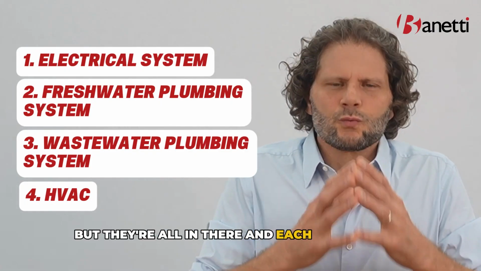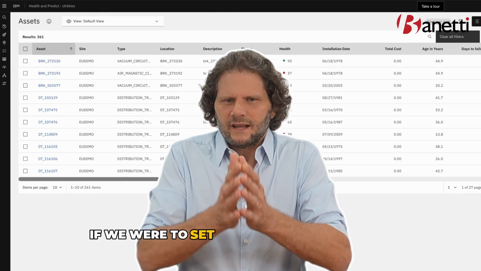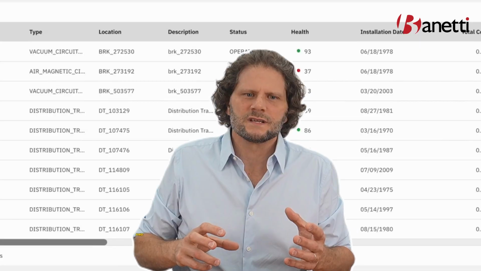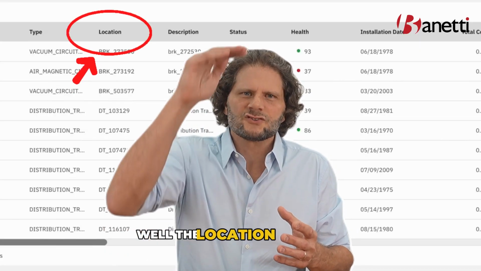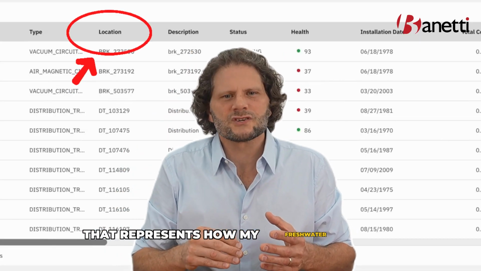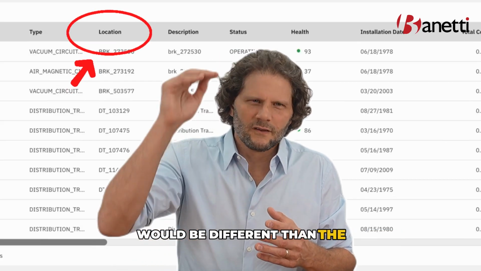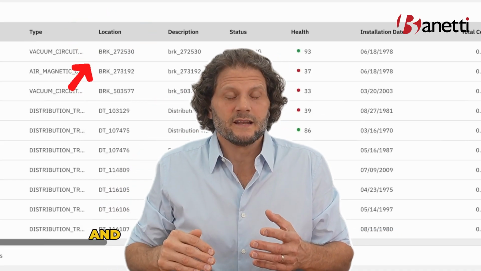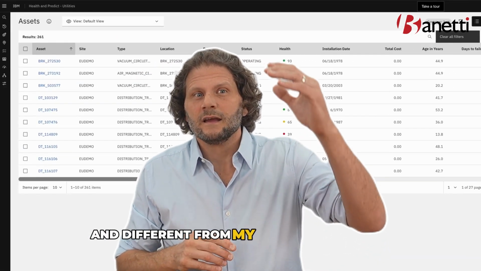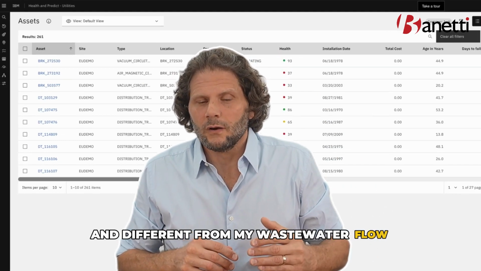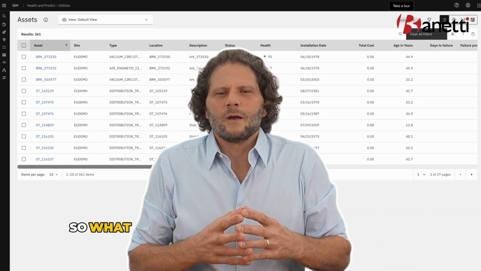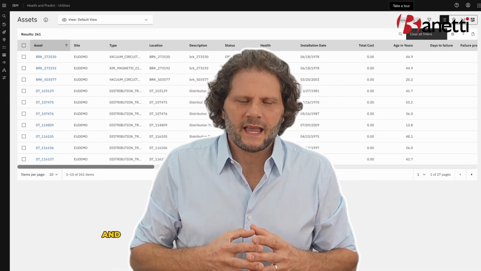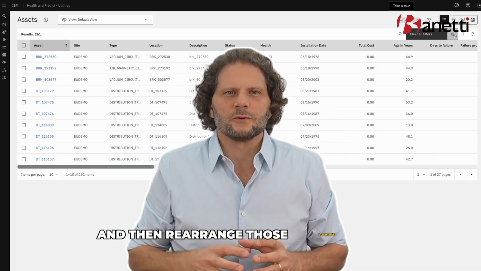And each one of those, if we were to set up that home in Maximo and start identifying locations, well, the location hierarchy that represents how my fresh water flows would be different than the location hierarchy of how my HVAC flows, and different from my wastewater flow. So what Maximo allows us to do is to create a system and then rearrange those locations as